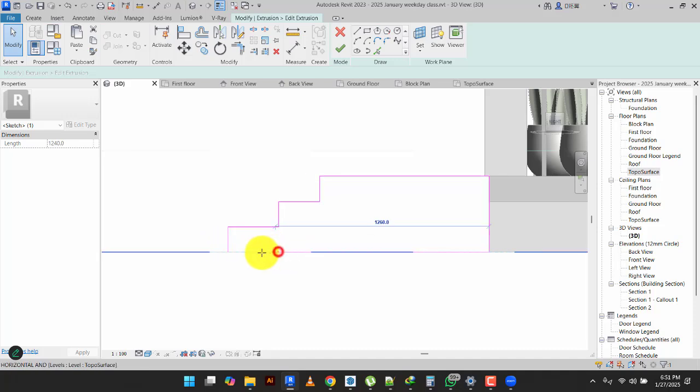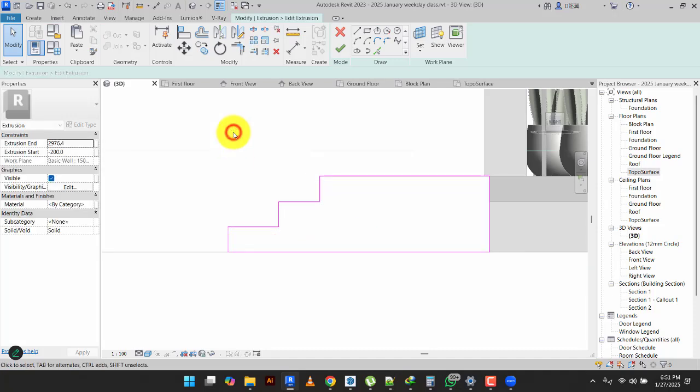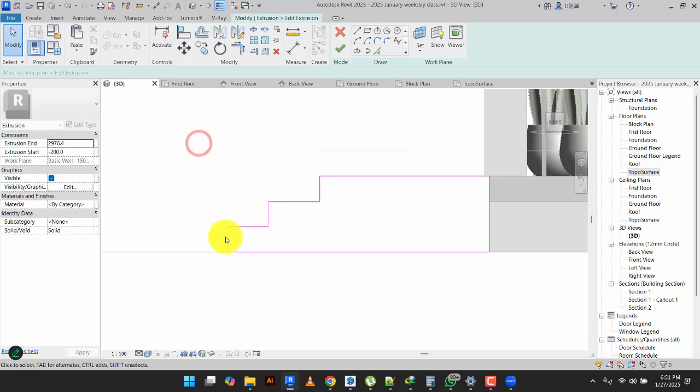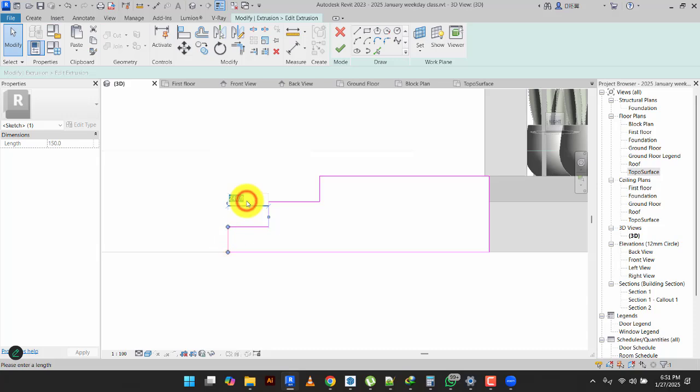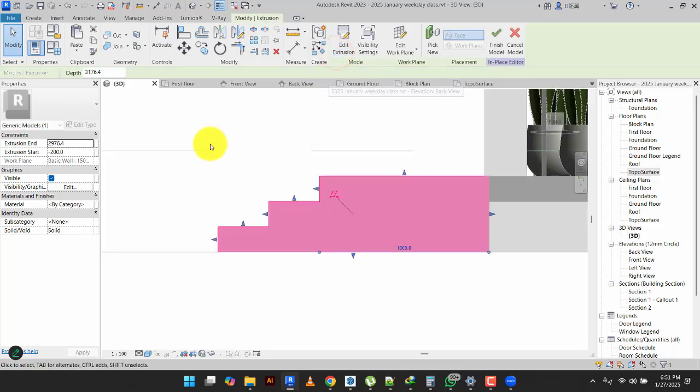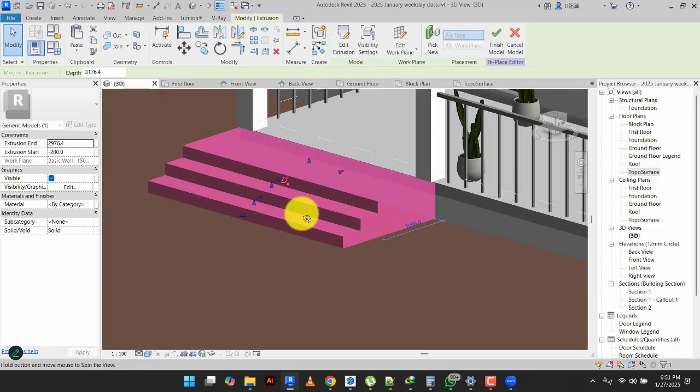You can use the, how do you call it, trim and extend. But I prefer this for this example. So this is supposed to be 300, but see it's 240. I'll select this line, and instead of 240, 300. I'll check this, 300. Then I'll accept. So if I go to 3D,